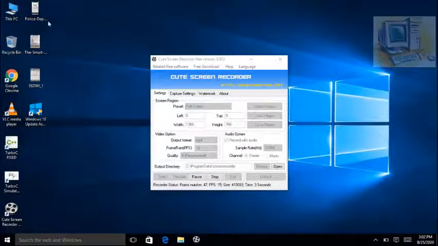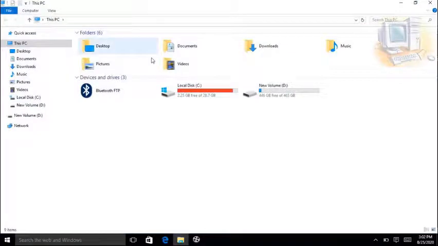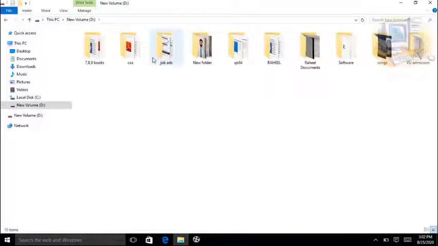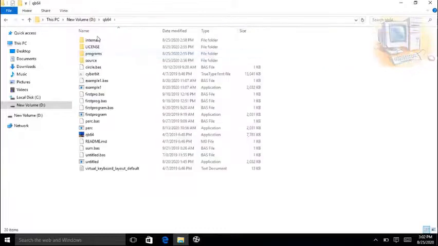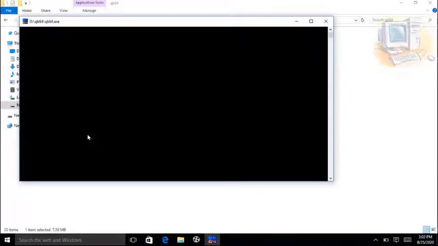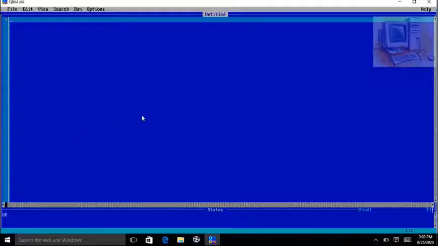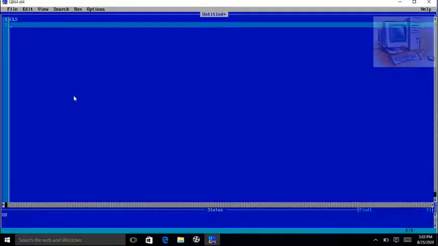Okay, students, now we will demonstrate this program practically, in which we will be using the data and read statements. QB64, this is the IDE. IDE stands for Integrated Development Environment, and this blue screen is called Editor. Here we will write the program. First of all, we will write the CLS for clearing the output screen. Then we will write the read statement, in which we are having three variables,